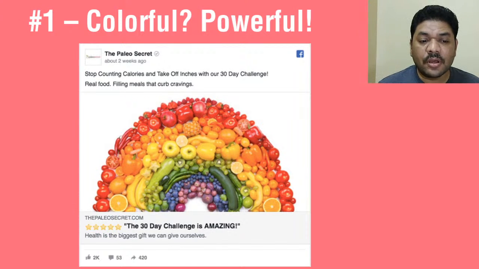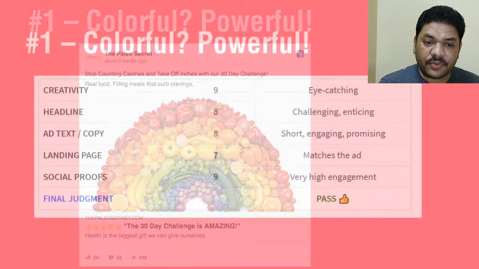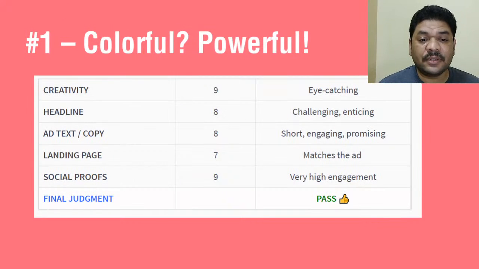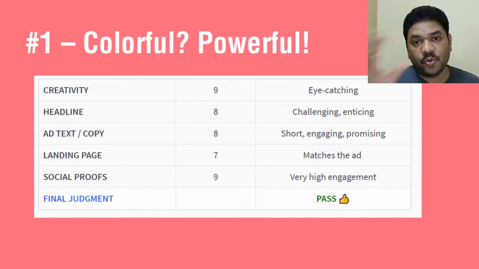Let me see the description. What is the analysis report we can see from this image? The creativity is up to the mark. It's very eye catchy, with the most colorful and vibrant colors for fruits and vegetables.